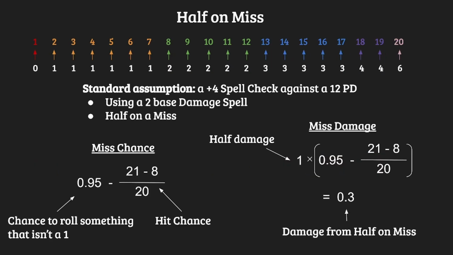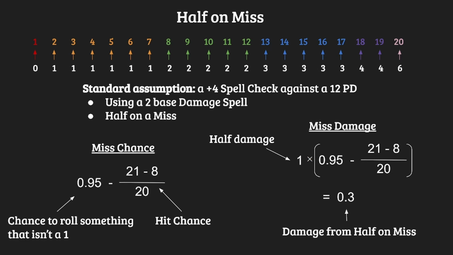So here's the half on miss math. We can see we're using the same assumptions from the last slide. And let's talk first about the miss chance. The miss chance is almost just the opposite of the chance that you hit. Anytime you don't hit, you miss. Except if you roll a 1. If you roll a 1, it is technically a miss, but it's not going to be a miss that does damage. So what we can do here is take 0.95, basically the chance that you roll anything that